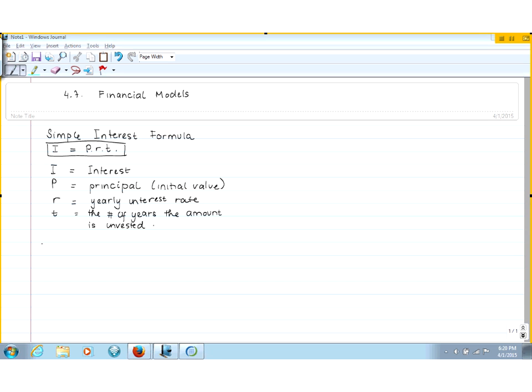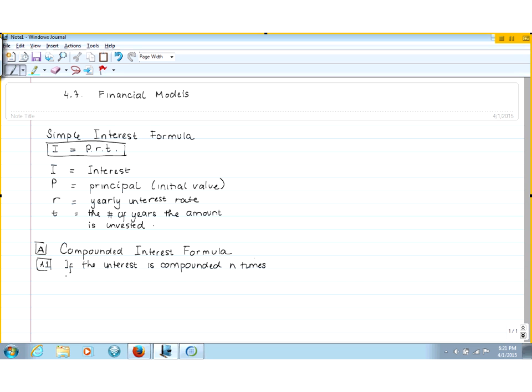So we're going to talk about the compounded interest formula. And of course, we will do examples on each. So there are two formulas. The first one is when the interest is compounded n times per year. The formula is A is equal to P times (1 plus R over N) raised to the NT. And if the interest is compounded continuously,